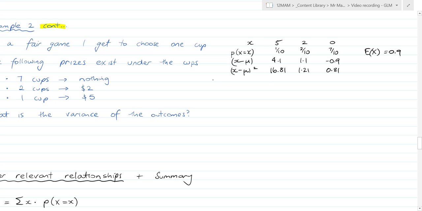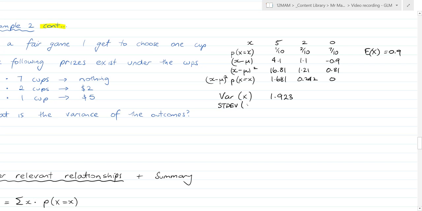So I get x minus mu squared times p of x equals little x, and that gives me 1.681, 0.242 and 0. And then my variance is the sum of all those, which is great because that zero cancelled out one of them, and I get 1.923. And of course my standard deviation is the square root of that,